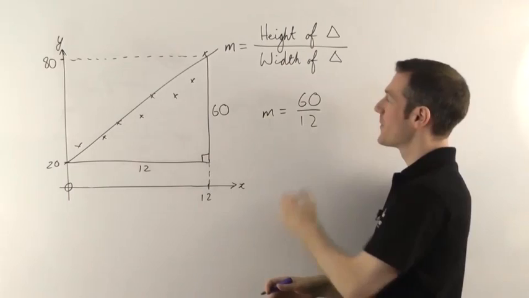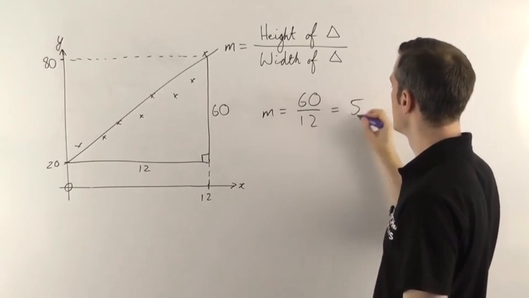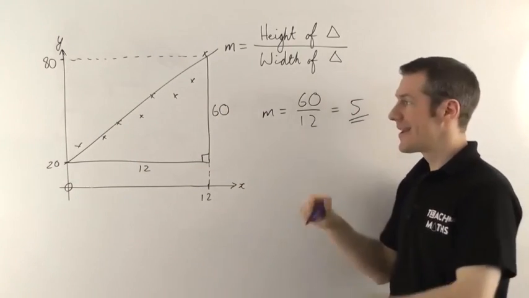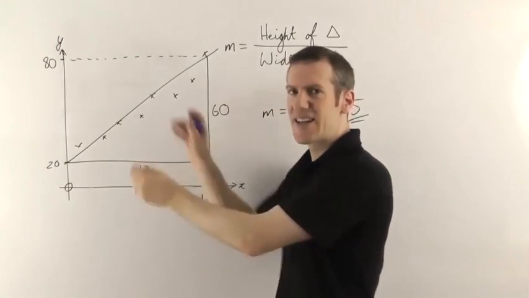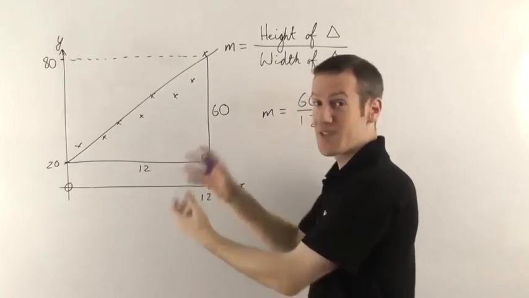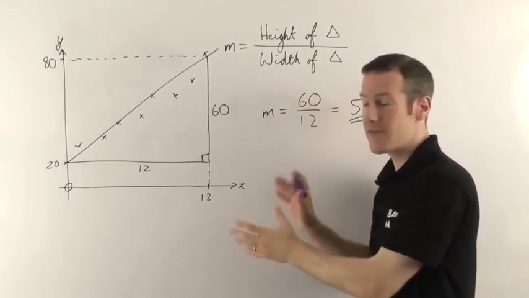Let's work out what we've got. So 60 divided by 12 is going to be 5. So the gradient of this straight line would be 5. In real life, you could then use this to find the equation of the straight line and then connect the various things you're measuring to see if there's some relationship between them, which is the point of doing science most of the time. So hopefully that's given you a good idea of how you find the gradient of a straight